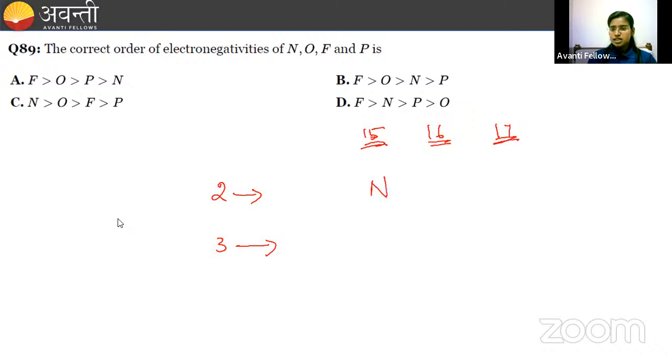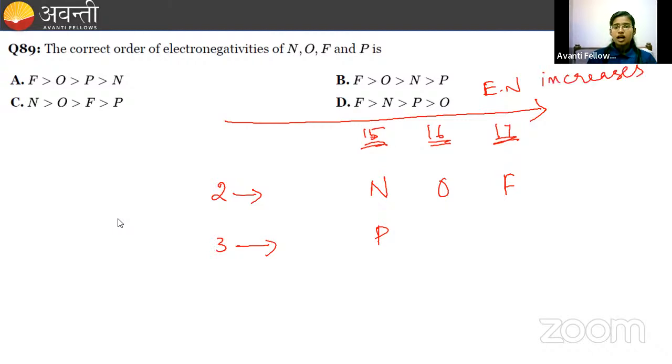Oxygen belongs to the 16th group and second period. Fluorine belongs to the 17th group and second period. Phosphorus belongs to the 15th group and third period. So this is the placement of each atom in the periodic table. Now, what is the trend for electronegativities of these atoms? Across the period from left to right, electronegativity increases. Electronegativity increases. And on moving down the group from top to bottom,